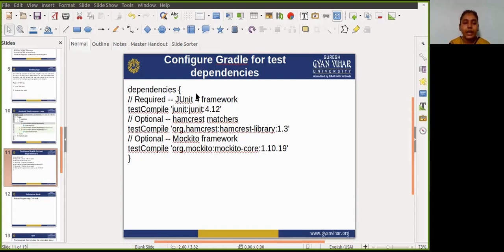JUnit provides a number of assertion methods, but assertThat is the most flexible,